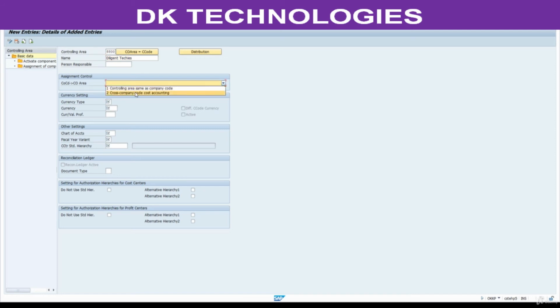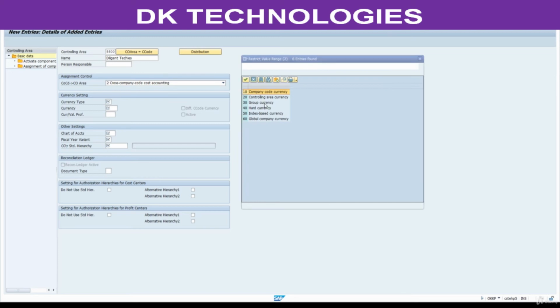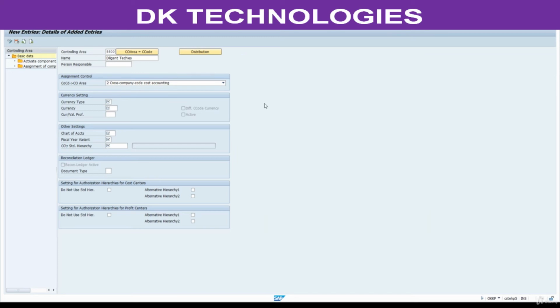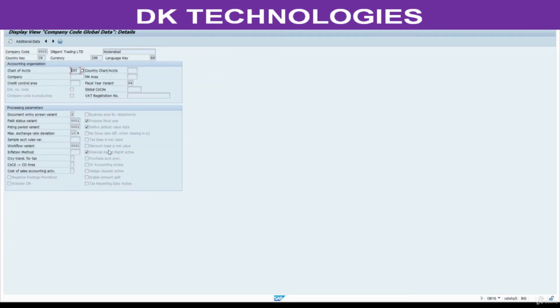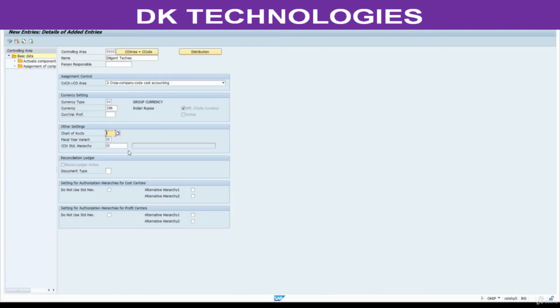Here select cross company code costing, currency, select group currency. Here chart of accounts. This is my chart of accounts INT and K4 for my fiscal year variant. Enter here K4.